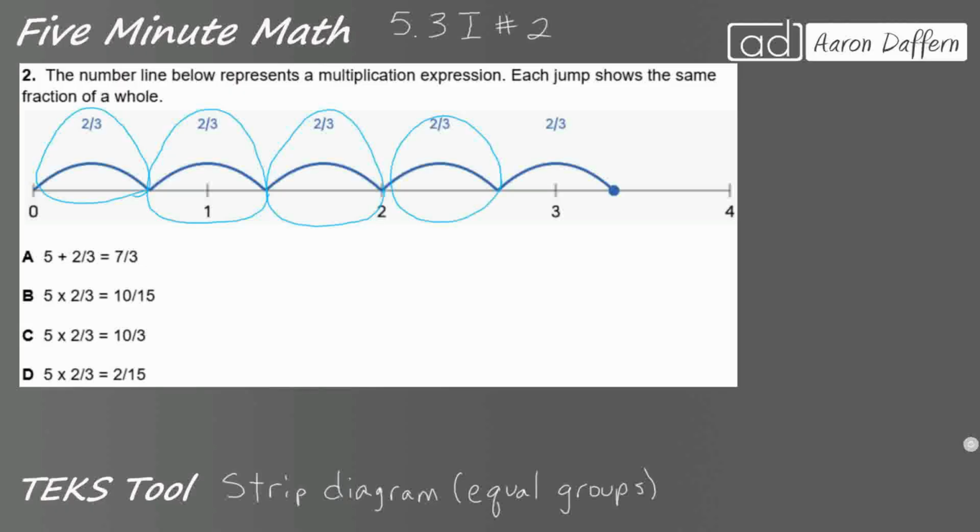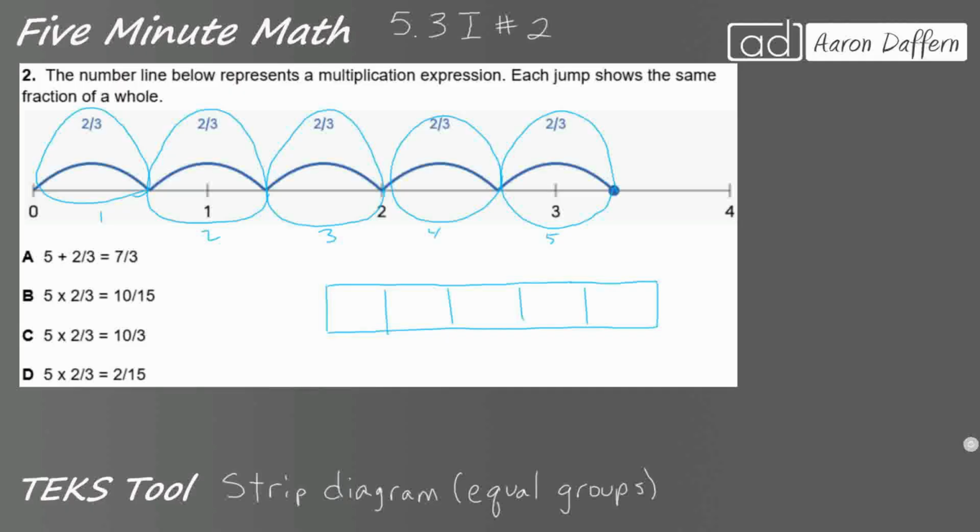Okay, so I'm counting 5 of these jumps on a number line. And I'm going to transfer this into a strip diagram. I think that is going to help us. So let's think. I've got 1, 2, 3, 4, 5. All right, so those are going to represent my number of groups. So we can say I've got 5 groups,